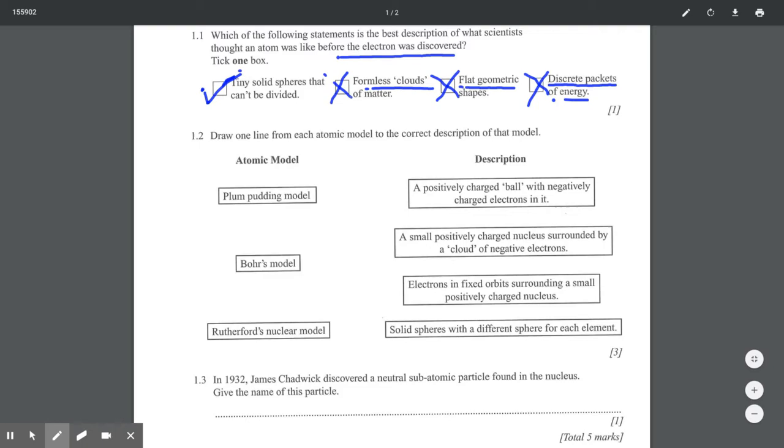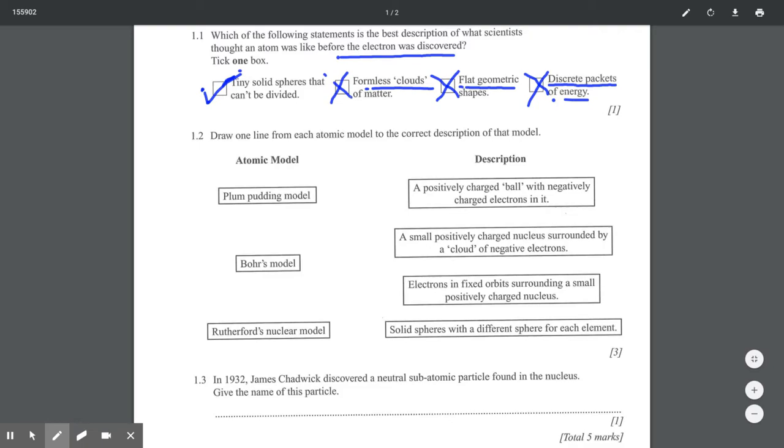So moving on from that, we now generally have three accepted models that we use to historically develop the atom, them being the plum pudding model, Bohr's model, and Rutherford's nuclear model. Rutherford's model actually coming before Bohr's model in time, but the plum pudding model is a situation whereby they thought